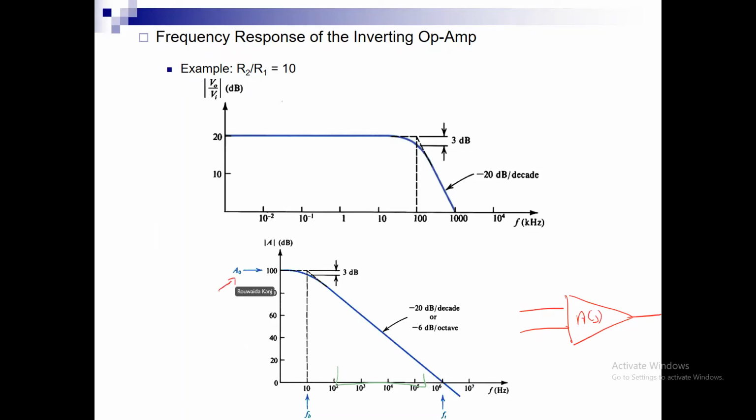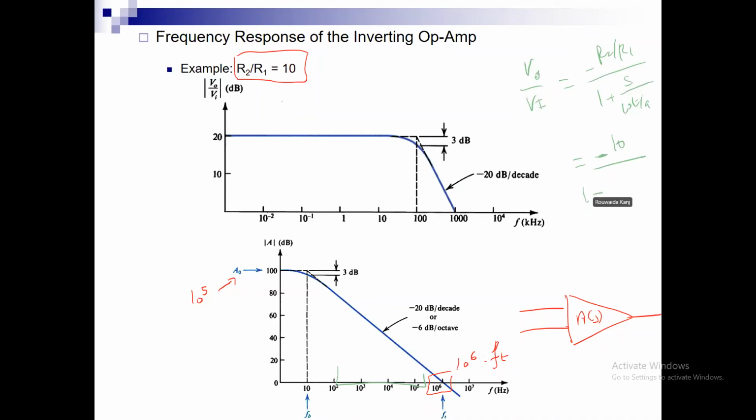يعني عندها low frequency gain طلع معنا المرة الماضية 10 to the 5, 3dB frequency طلعت 10 to the 6, sorry, unity gain frequency طلعت 10 to the 6, هون حاطتها F مش omega. Okay, and then he tells me, well, let me assume that R2 على R1 equal 10. So automatically I'm going to write that VO over VN for my amplifier هي minus R2 على R1, مش هيك بين معنا plus 1 على S ضرب omega T على A, يعني هي minus 10 صح over 1 plus S